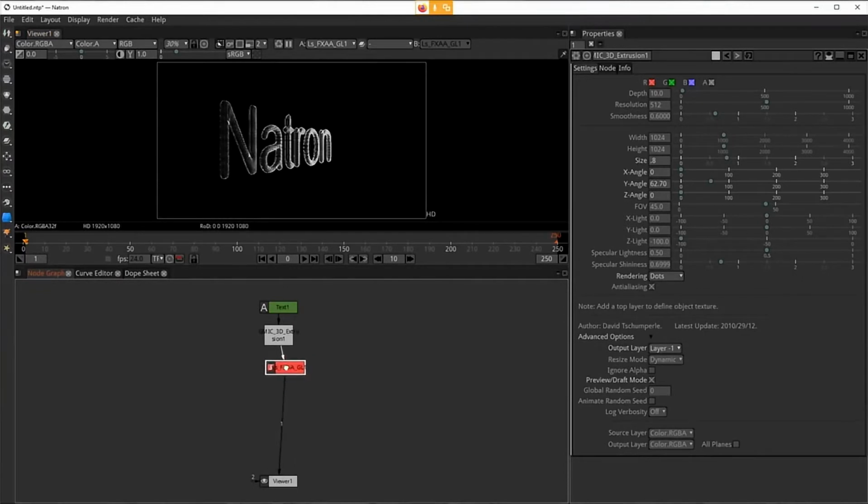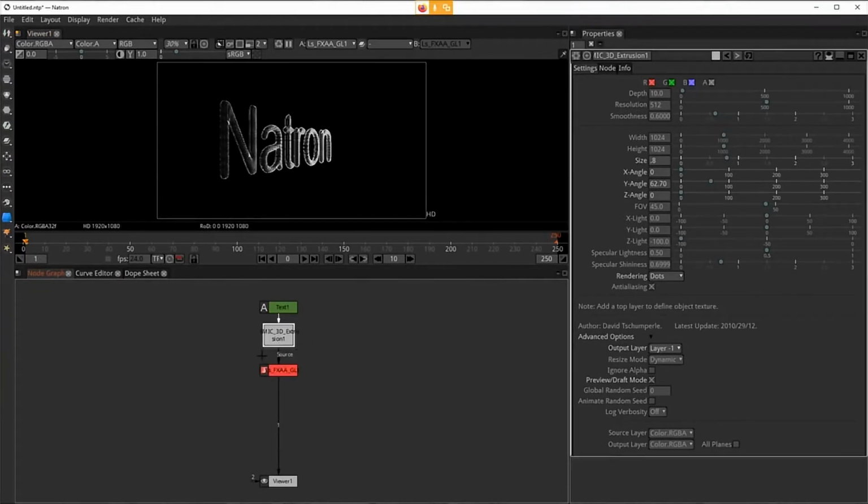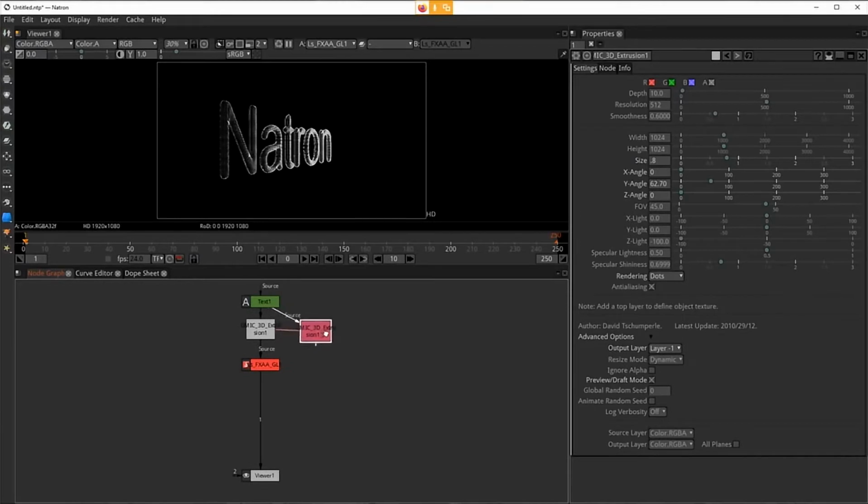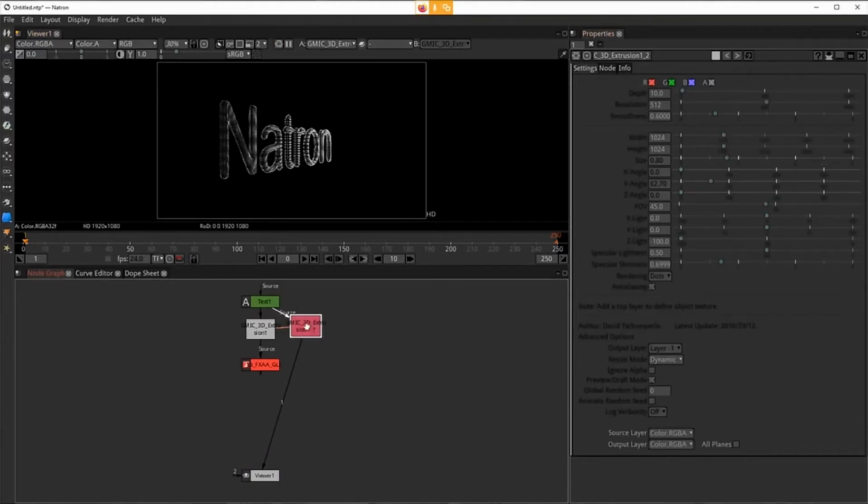I want to just have the inner shading that's occurring in it. So what I'm going to do here is actually trim that in. And the way I'm going to do that is I'm going to take my 3D extrude node and I'm going to clone it. At least I think I'm going to clone it. Try that again. There we go. And I'm going to clone it, and then I'm going to hit 1 so I'm viewing the clone. And I'm going to switch the clone,